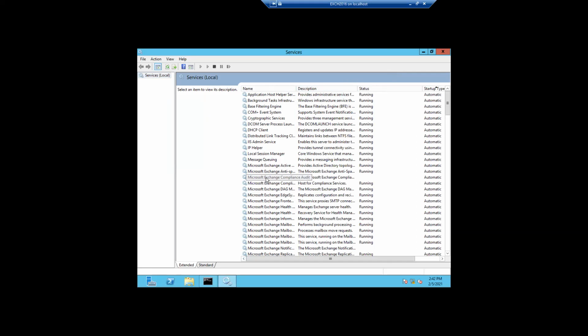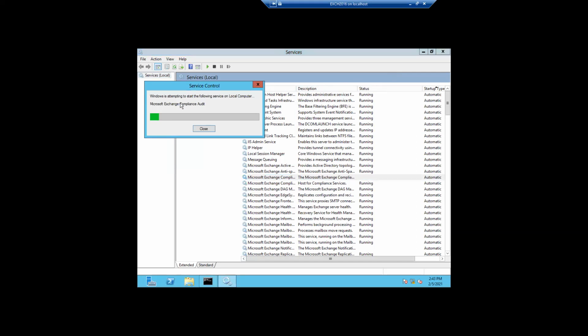There is a compliance service that is not started. We can ignore it, but I will still try to start it. It is related to auditing, the compliance audit.